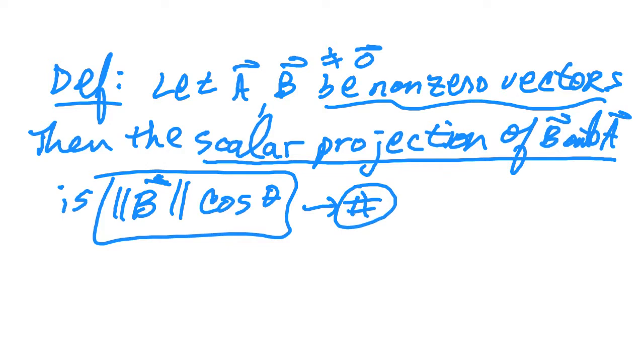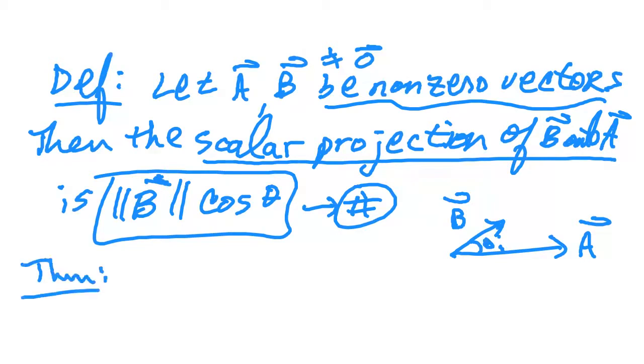But we also have a theorem, but let me draw this first. So if I've got B vector here and I've got A vector here, and then I've got the angle theta in between, the scalar projection of B vector onto A vector is going to be given by the norm of B vector times cosine theta. So let's have a follow-up theorem on this. That's defined to be that way, but